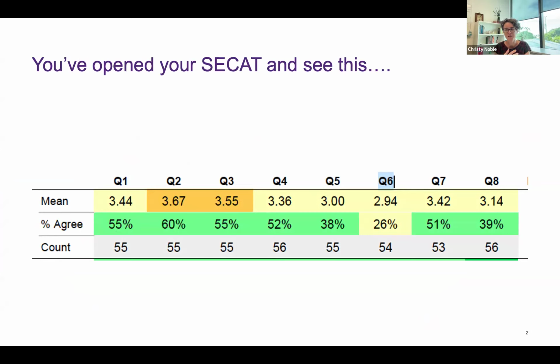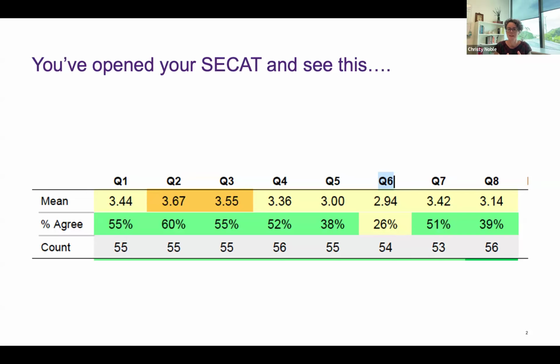So this is a moment that many of us might recognize. You open up the report and all of a sudden you're starting to interpret what those numbers mean. Yeah. So we've got some sad faces. And we start here because it's familiar. But for this session, I don't want you to stay here.